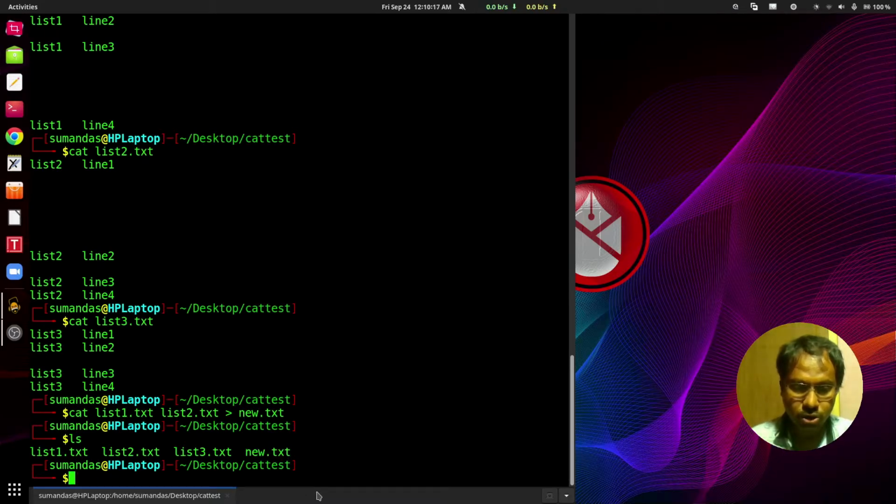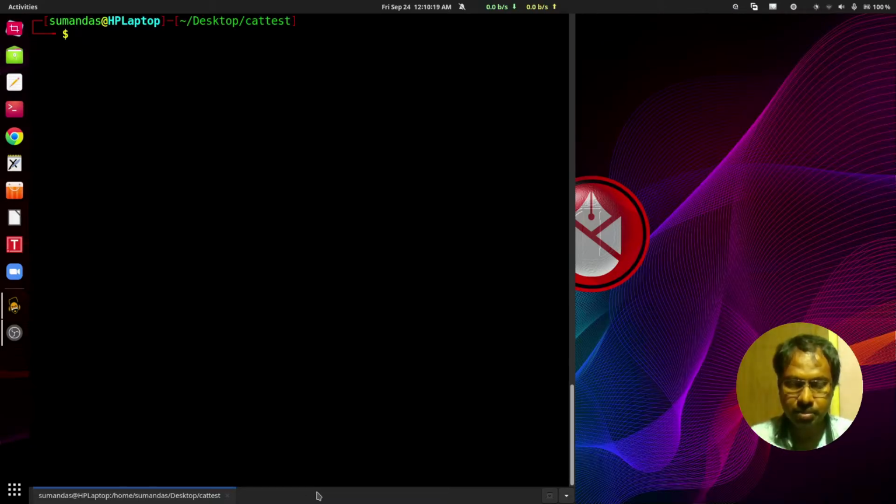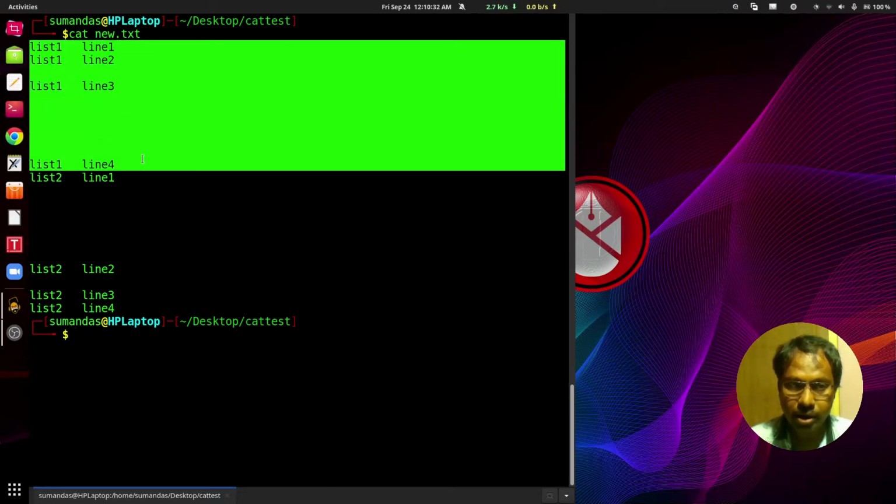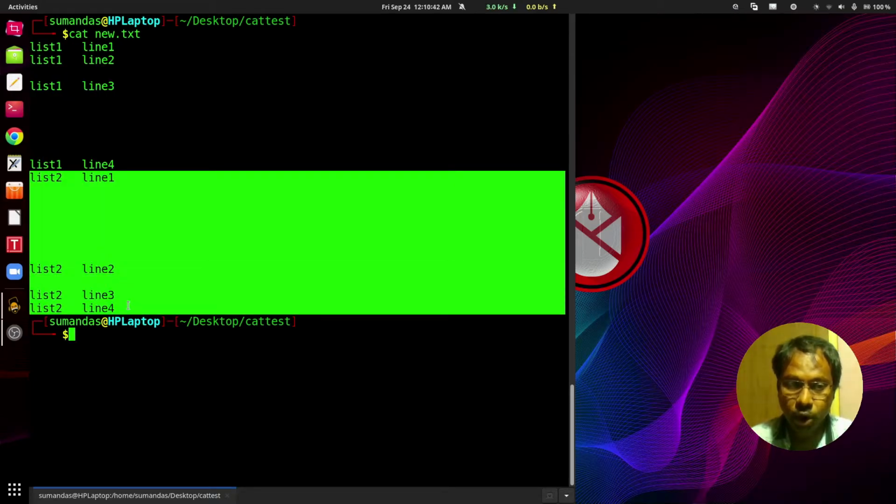Once again press Ctrl L to clear the terminal, and now we can check the content of the new.txt file. And here we can see the first one, that is the content of the list1.txt file, and that one is the content of the list2.txt file.